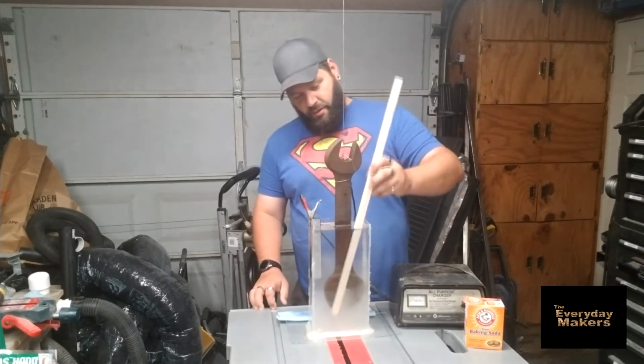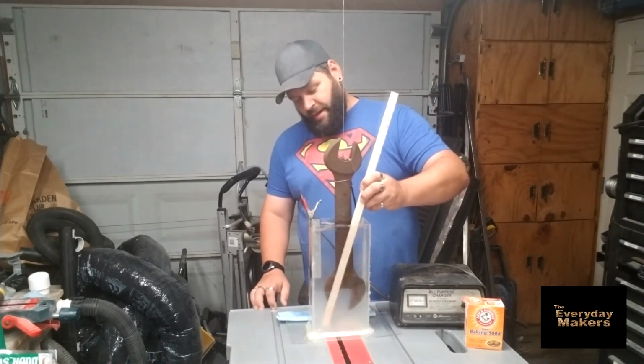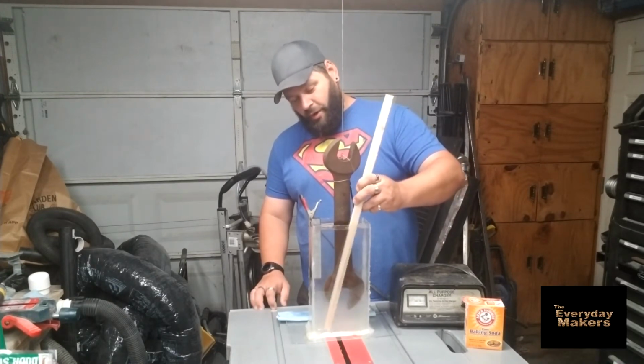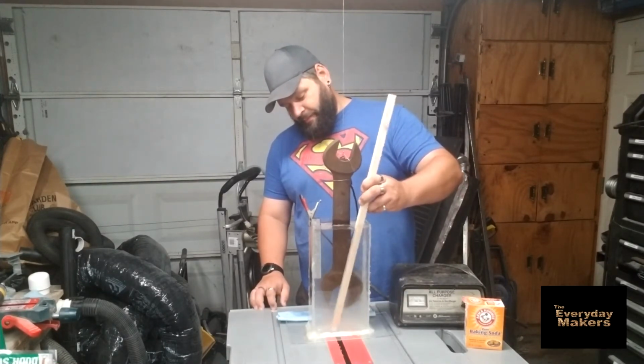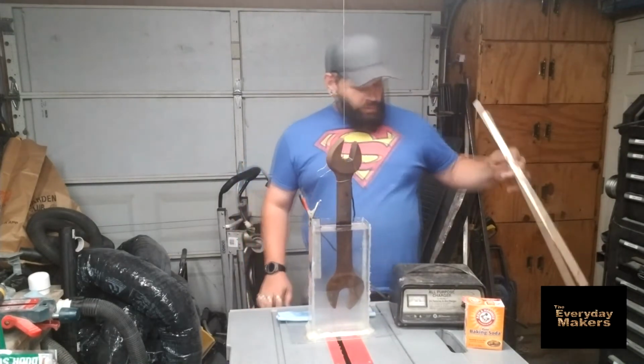Give it a nice stir with my superficial stir stick. Kind of get it throughout the water. You want it to make all the water conductive, super conductive, basically. So get it all mixed in there. Okay, once it's mixed in,